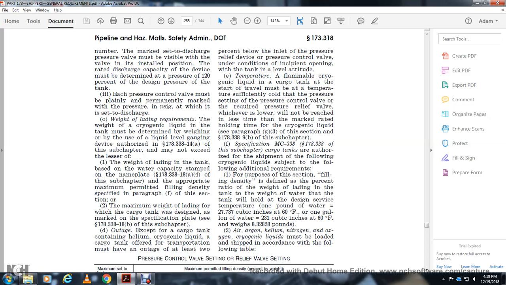Pressure for the relief device pressure control valve, under the condition implemented, opening with the tank at the level to add to the temperature of the flame of the cryogenic liquid cargo tank with the start of the travel to make the temperature sufficiently cold, and pressure setting with the pressure control valve, the required pressure relief valve, with whichever level is not marked when less reach for the less time of the mark rate with the high holding time